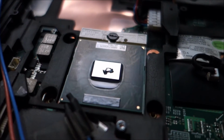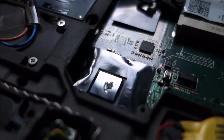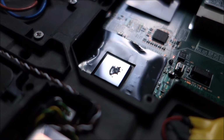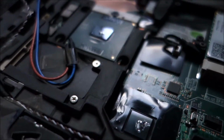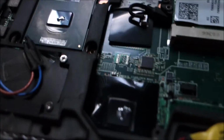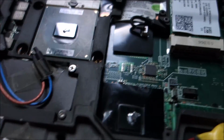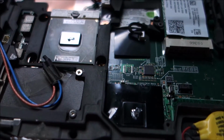I'm sorry guys, but I will not film trying to apply this because I'm a little bit scared. You have to be very careful because this is conductive, so don't put too much, just a tiny bit. And yeah, spread it in the pack. There are also this, and you spread it as best as you can. So yeah, I'm not comfortable doing this on camera, but you will see this on my